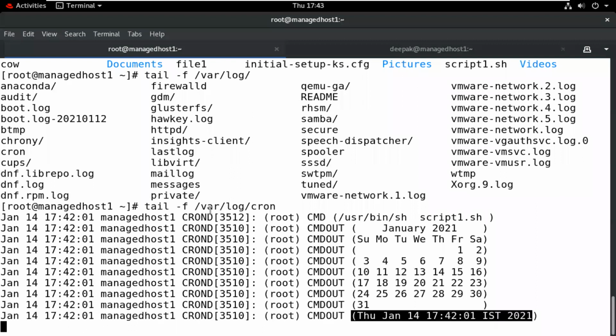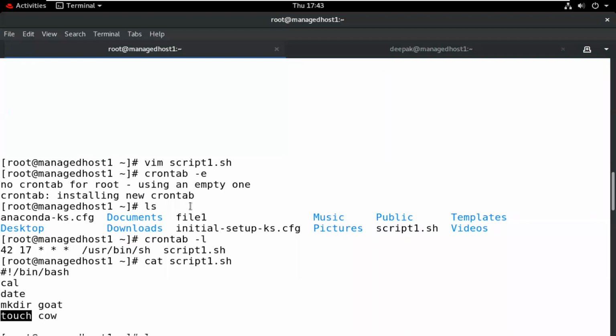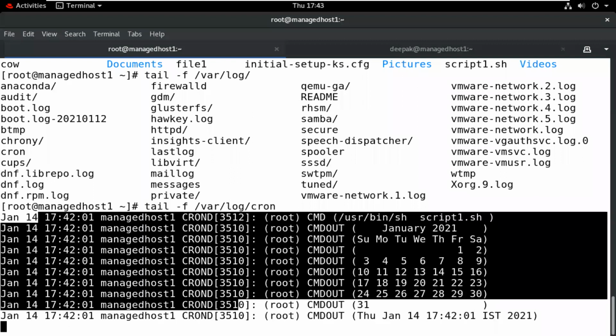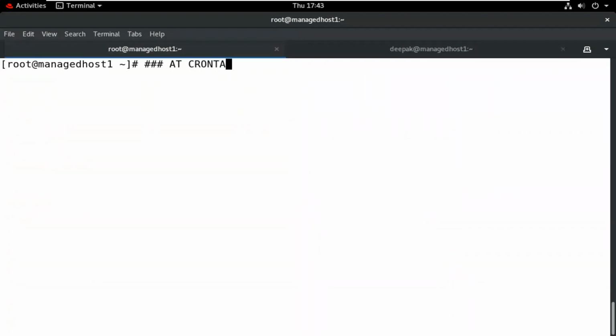So if you want to check what occurred in the background, you can check in this particular location. This is the time at which these tasks happen. So this is all about crontab, I have completed it.